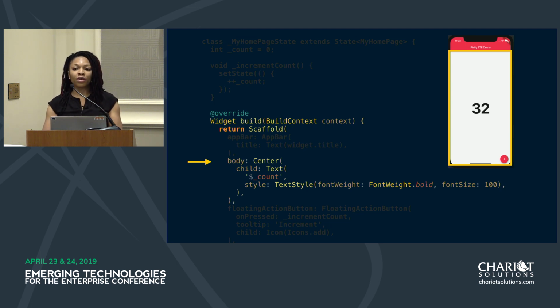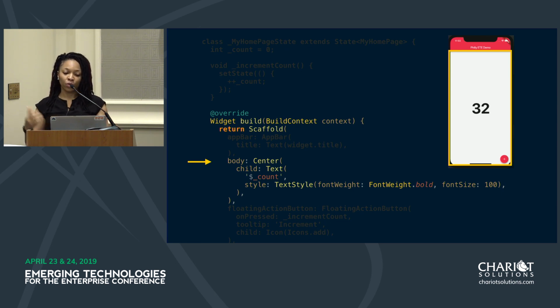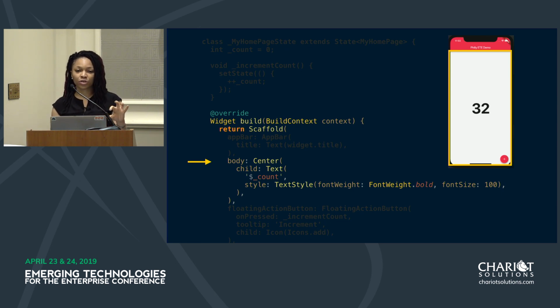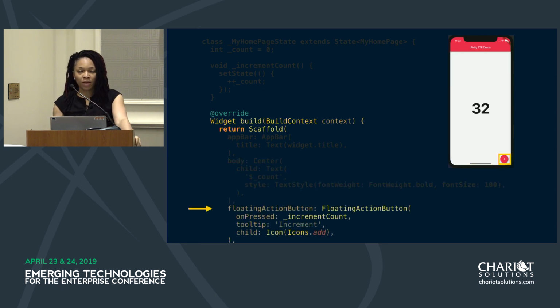Whatever it is that you want your app to show, you would set it in the body section. For this app, I just have a center and a text widget. It's just those two. And then at the bottom right,